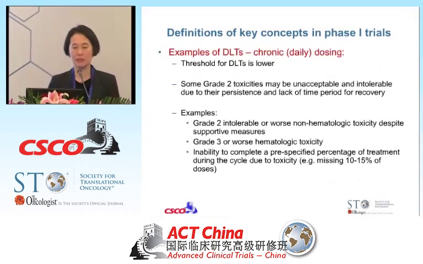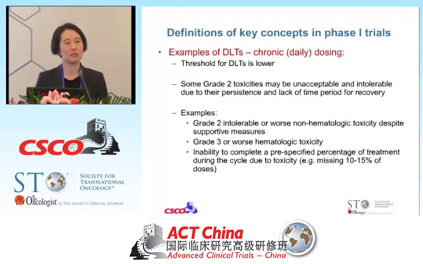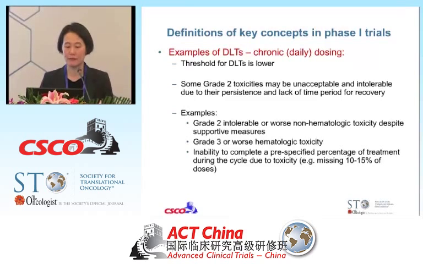So examples of DLT, as I mentioned, if you're getting the toxicity chronically or you're giving the drug every day by a pill every day, I suspect most patients would not tolerate a significant toxicity or even a moderate toxicity on a chronic level. So you can imagine having a grade 2 headache every day when you wake up in the morning. To me, that is dose-limiting. There's no way we can develop a drug that every morning when you wake up, the patient has a moderate headache, even though it's not severe. Because the drug will be continued on a daily basis, and they will probably keep getting that headache for the rest of their time on the study.